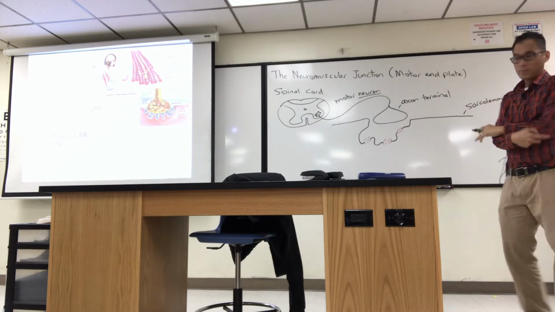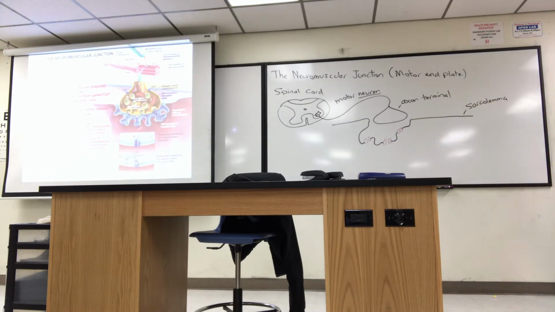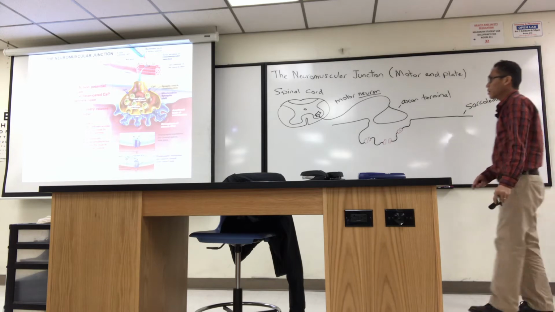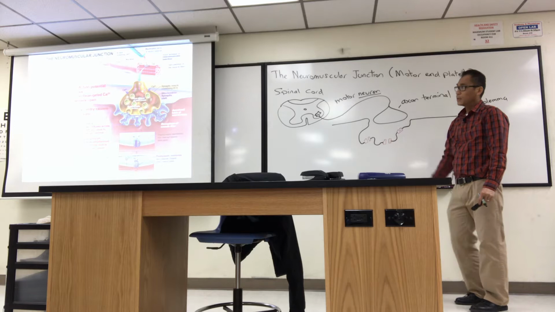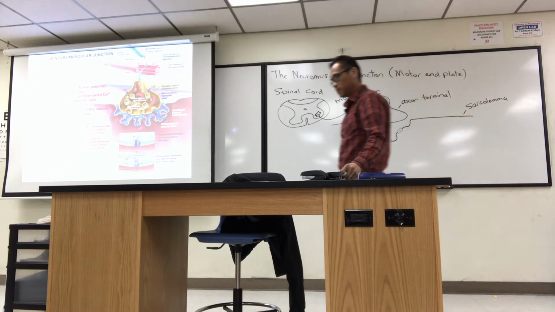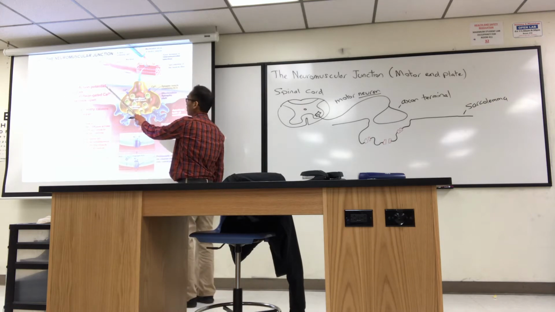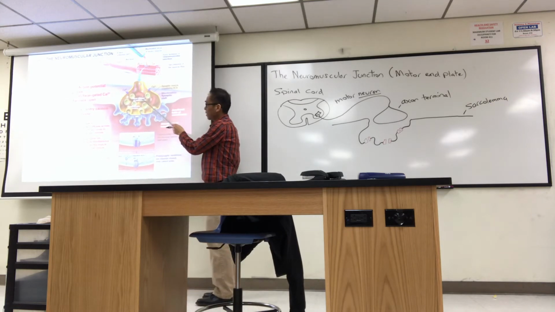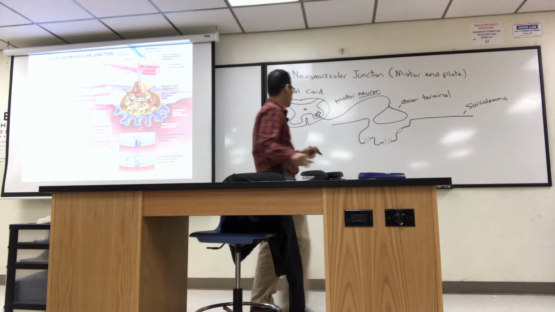So let me advance the slide. The details of what happens at the neuromuscular junction are shown in this figure here. And they take you through a series of steps where essentially the neuron stimulates the muscle to contract. And the first step they list, they say, action potential arrives. And it's arriving at the axon terminal. So this cell has been stimulated previously. So imagine this cell, it's stimulated in here